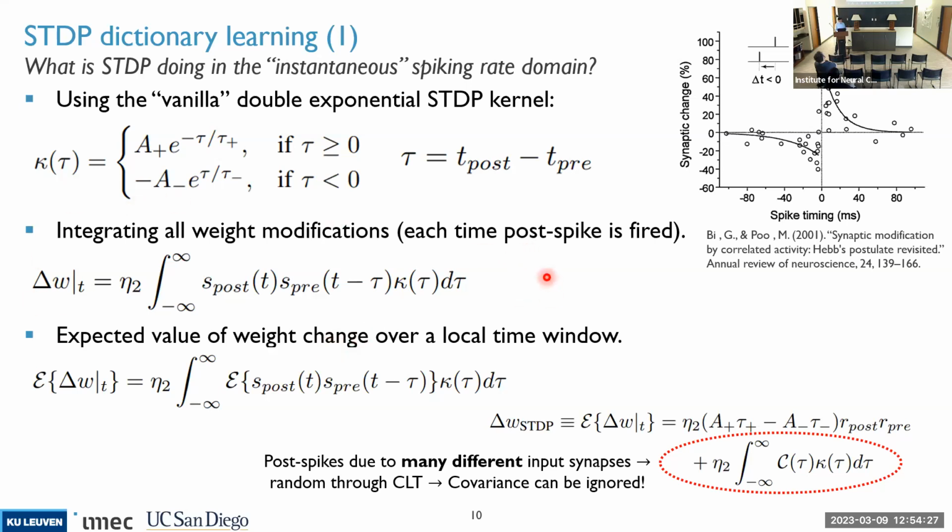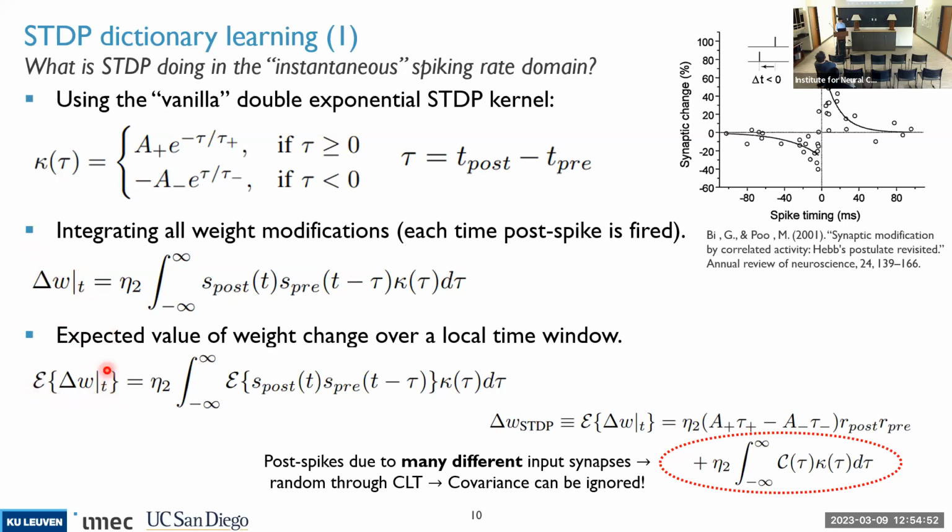But under this formulation, this equation is not really that useful because we don't really know what those spike trains are. We record them, of course, but it's annoying because we need to store a lot of memory. Perhaps those spike trains are very long. So a good thing that we can do is to consider them stochastic. We can consider that both the postsynaptic spikes and the presynaptic spikes are stochastic processes, and therefore we consider the expected value of the change in weight.